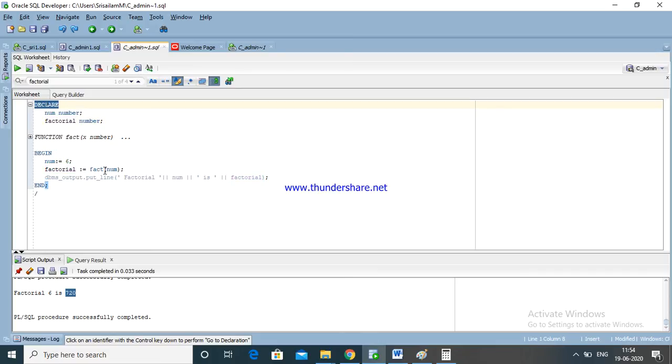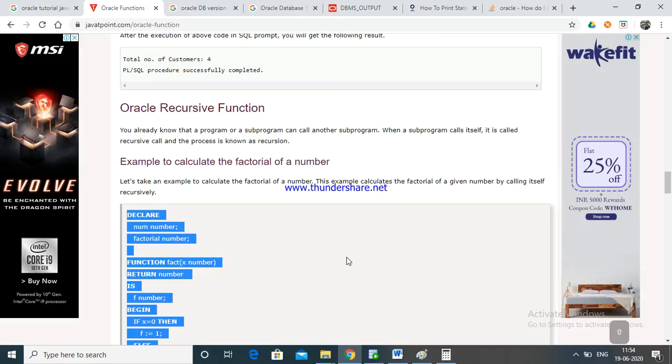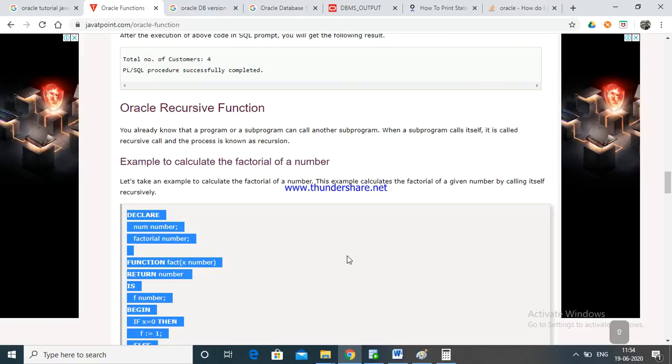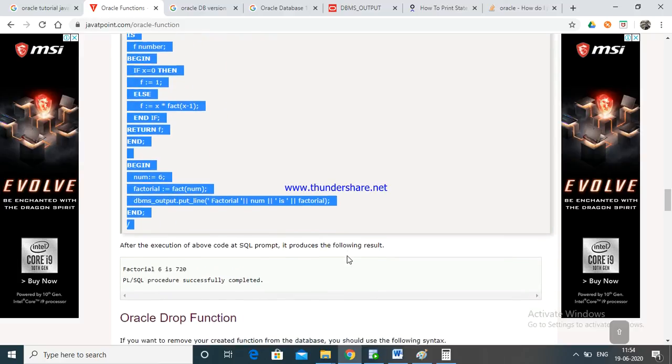Inside the declaration is a function, and the same function we are calling. This is the logic: function beginning and return F. Same way we have completed calculating the factorial of a number.